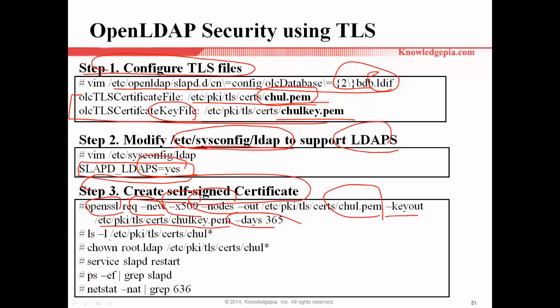After that, please check here. You can find at least two files. After that, we have to change the ownership to root and ldap, and restart slapd. Then please check the process. Using this command, we check whether slapd has opened LDAPS or not, and the port number as well,